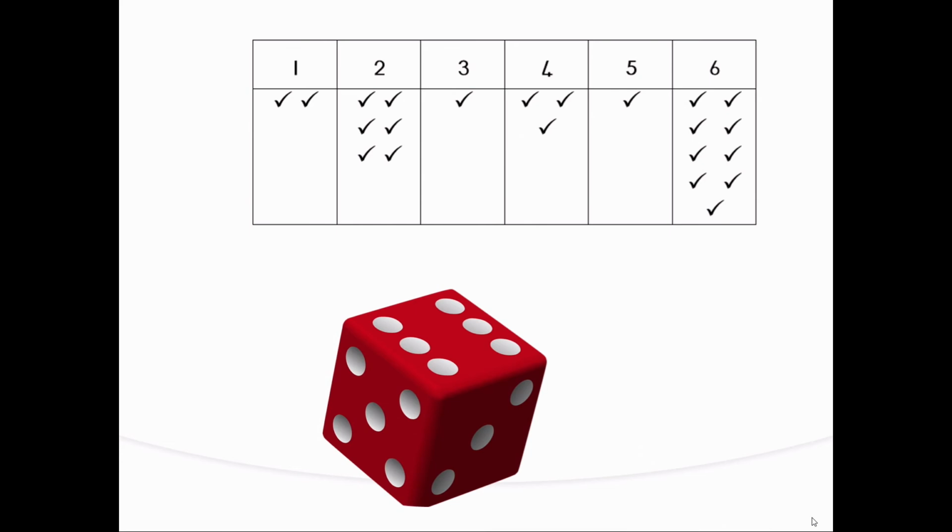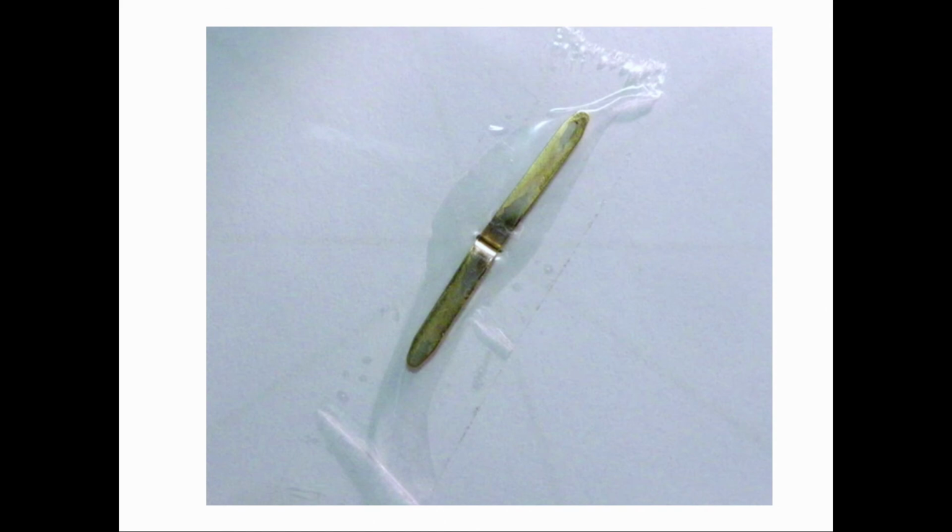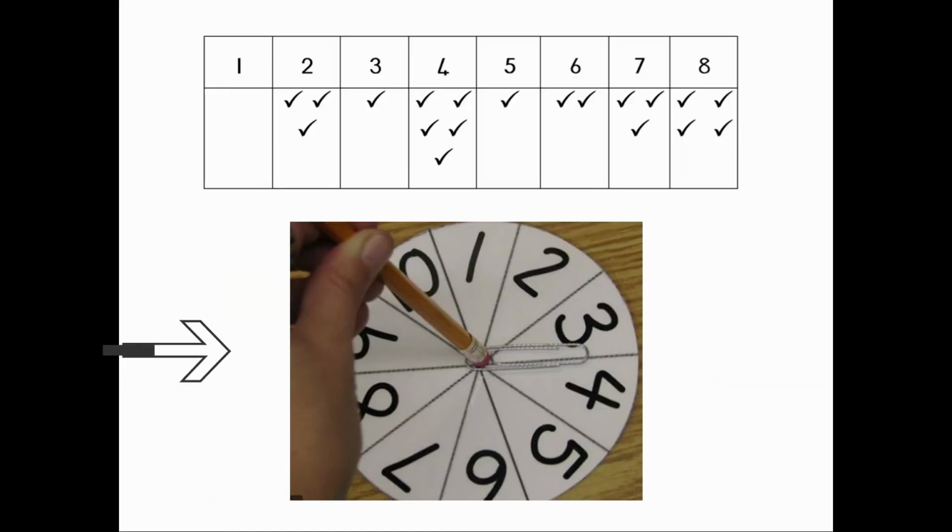A third probability game is the throwing of dice. Have the children throw a die and count how many times it lands on the different numbers. A simple spinner made with cardboard, a paper clip and a split pin is a fourth way in which children can play the probability game and count results. Secure the split pin at the bottom with sellotape. Instead of a split pin, you could also use a pencil as shown in this picture. Once you have the spinner constructed, give the children a chance to spin and see where the paperclip lands. Ask learners to list the results in a table in their maths books.